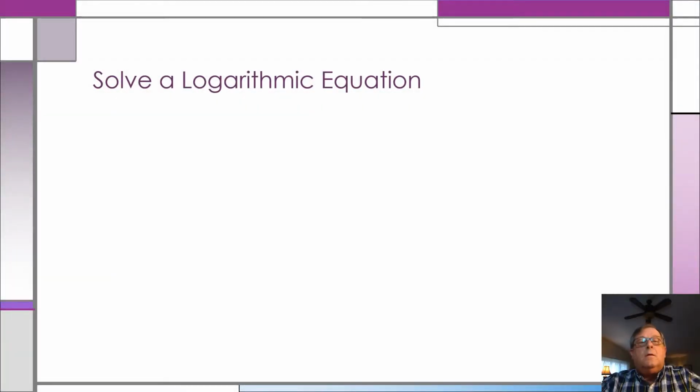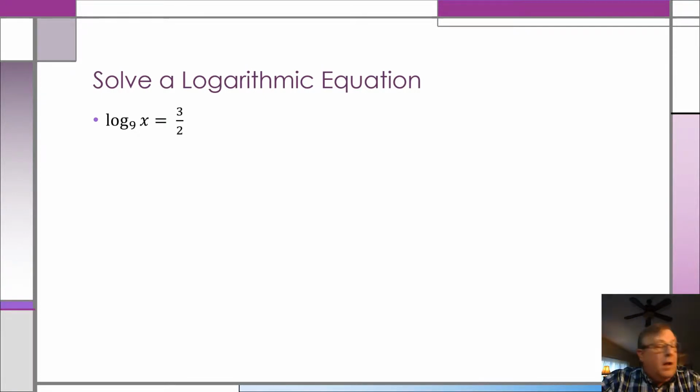Well, now let's talk about solving a logarithmic equation. An equation in logarithmic form. How exciting. Well, let's see what we got. So we got log base 9 of x equals 3/2. Well, one of the techniques that we can use if we're solving a logarithmic equation, we can just use the